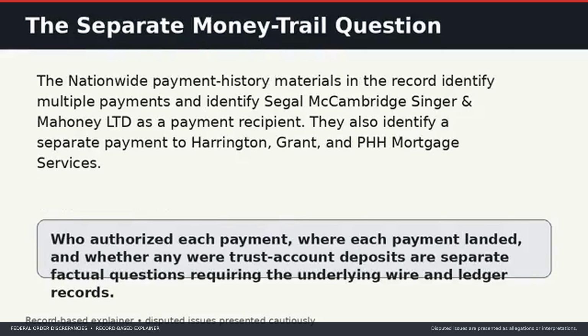The investigation question. For an investigation, regulatory, or reviewing court, the comparison is straightforward. First, what do Documents 184 and 185 actually say? Second, what did attorneys and other parties later say those documents meant? Third, what do the original insurance payment ledger, wire records, and trust account records show actually happened to those proceeds? Those three records should be compared side by side.